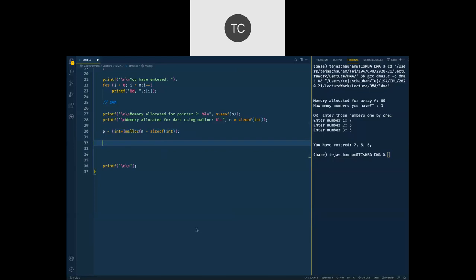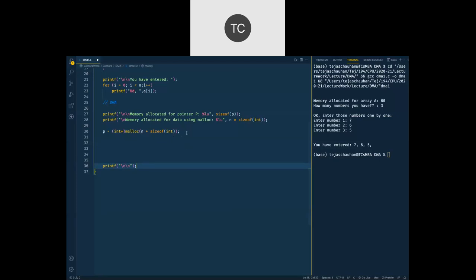Now before we run this code, I'm going to have a look at some chats. Miraj is asking, n multiply by 4 won't work? Yes, n multiply by 4 is going to work for my system, because I know that 4 bytes are required for an integer. But as I told you earlier, we always go for system-independent calculation.